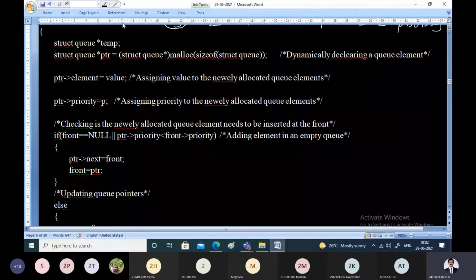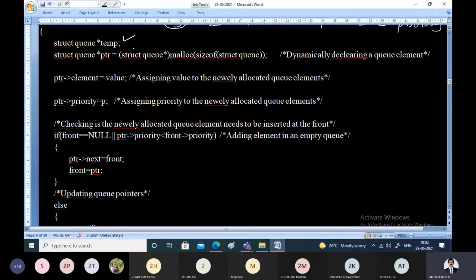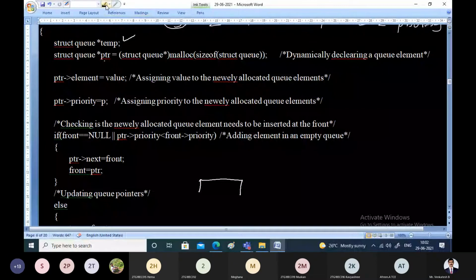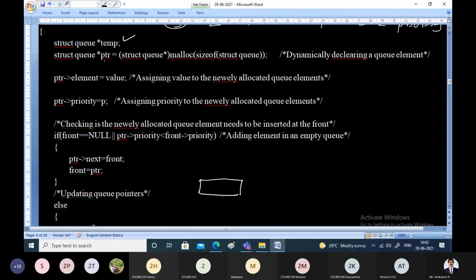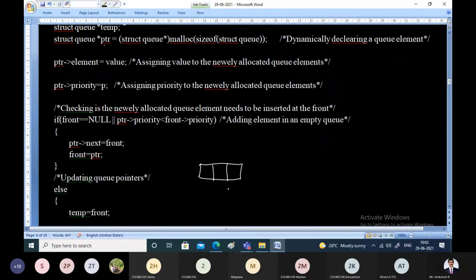Take a node called PTR, a temporary node which is used for traversal purposes. One node being declared, that is PTR, then allocate memory for it by using the dynamic memory allocation function called malloc.